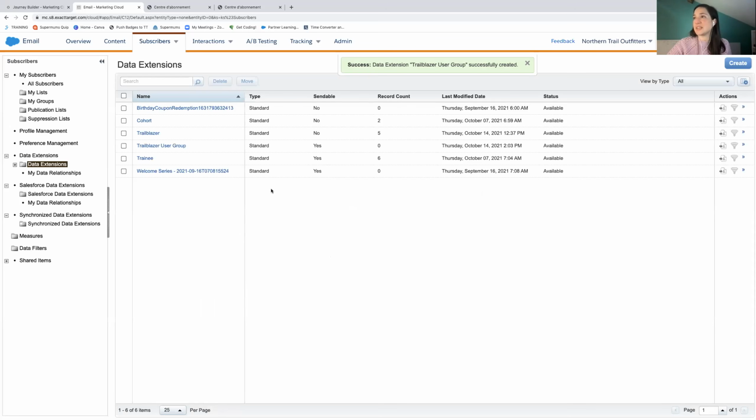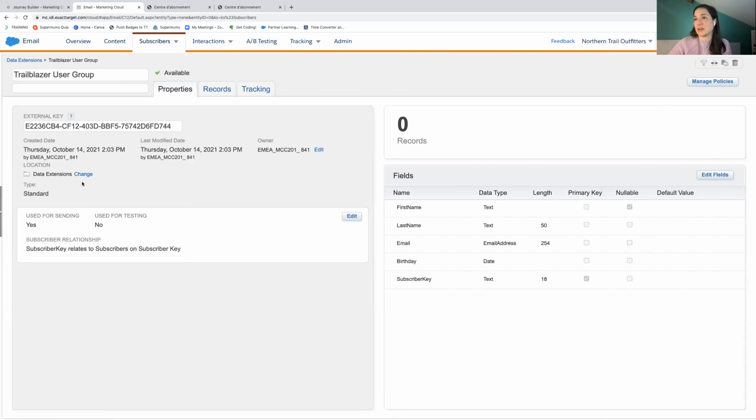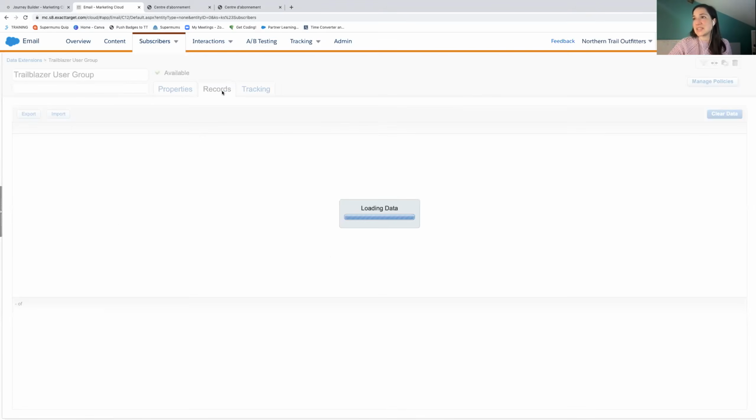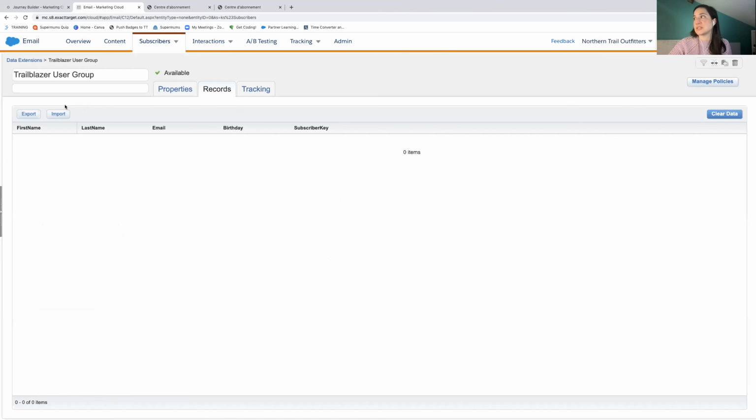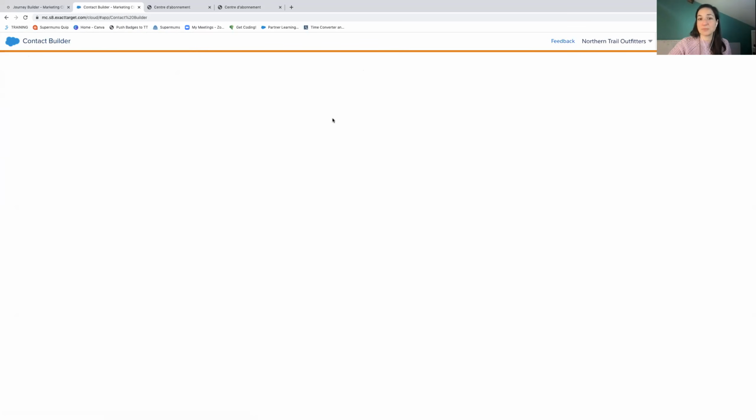So now we have our data extension created, and we say, okay, well, now I'd like to go ahead and create some dummy data. So I'm going to go into my data extension. I'm going to see it here. I see all of the properties. I see it's used for sending, so sendable, but not testing. And then I want to start looking at some records. So I can import or export data, but I can't add an individual record. That is what we're going to be coming to Contact Builder for. So if we come back out into Audience Builder, Contact Builder,